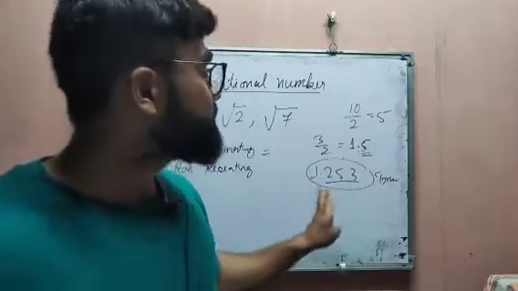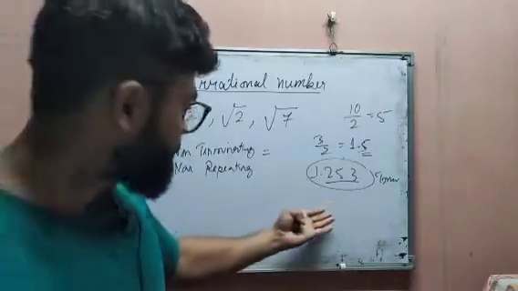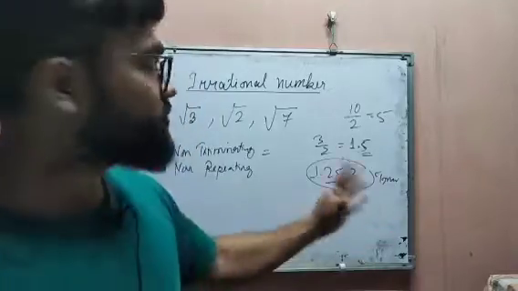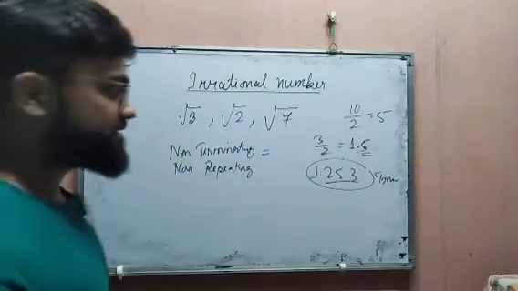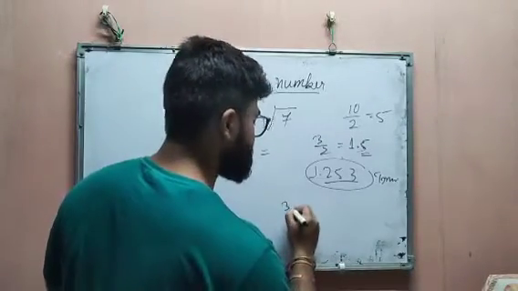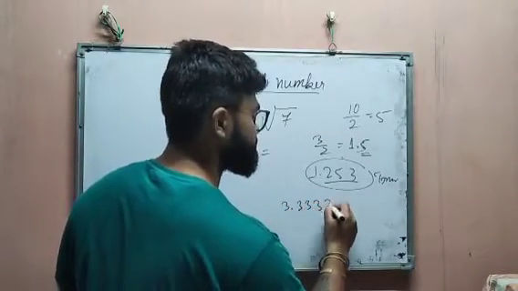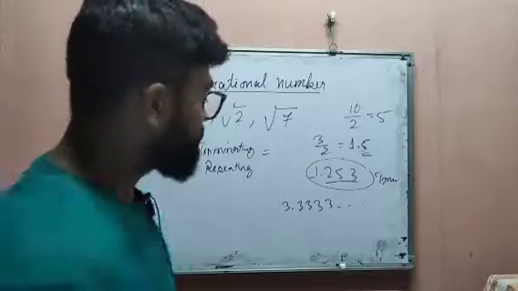After the point, up to some place it will go, after that it will finish. Okay, it will stop. So this is called terminating number. But the number suppose like that, 3.3333 dot dot. Okay, or suppose